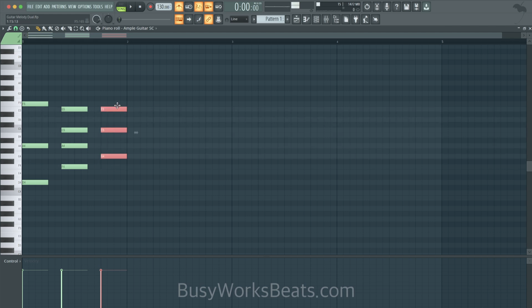Okay, so it depends on what kind of style. Now I like this E. But you see how we're pulling notes down and up. So we're pulling the 5th down and we're taking the 3rd up. So that's kind of the formula, so to speak, for this chord progression. Again, voicing is a customizable thing. There's no right or wrong way to voice anything. This is just what works for this specific chord progression. Even if you wanted to add that D tone, you could add it an octave down.